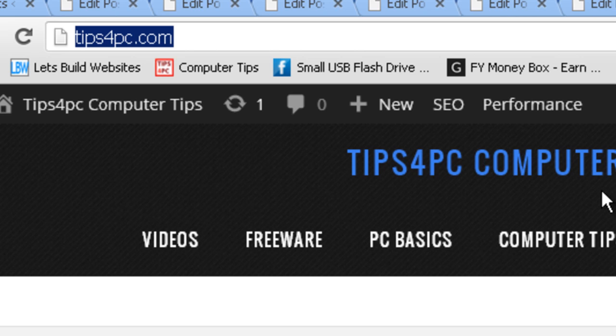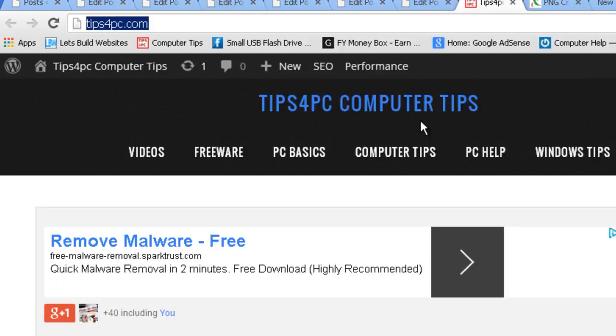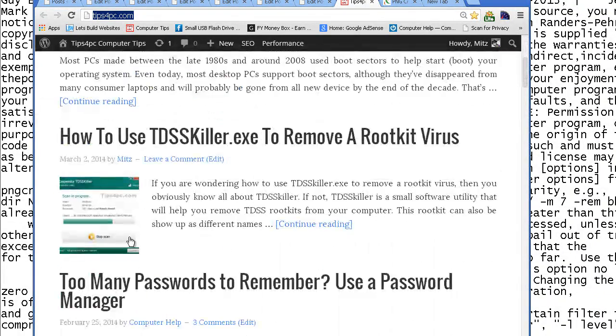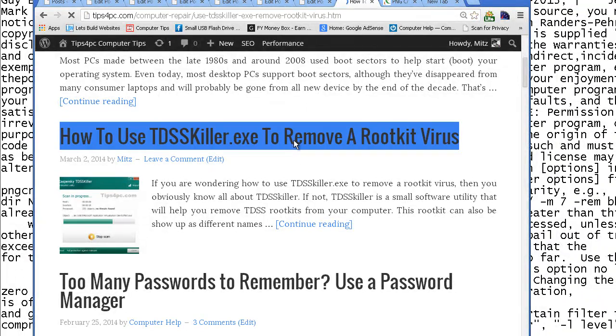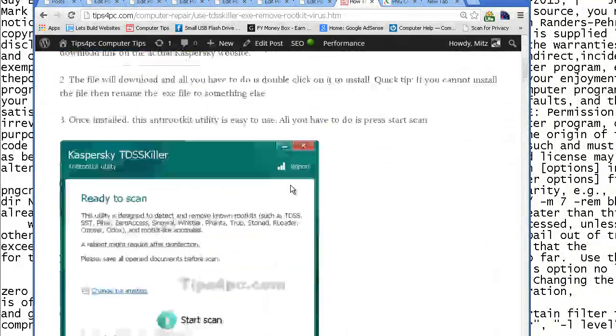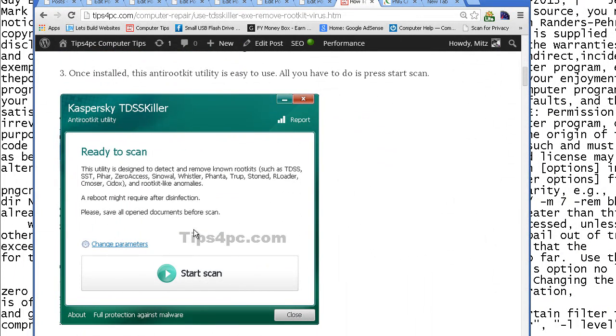Now what I want to show you today is how to install Png Crush. Now this is an open source program that crushes your PNG images for your website. So if I just go into a post, go down, like an image like this, Png Crush will crush it to optimize it for your website before you